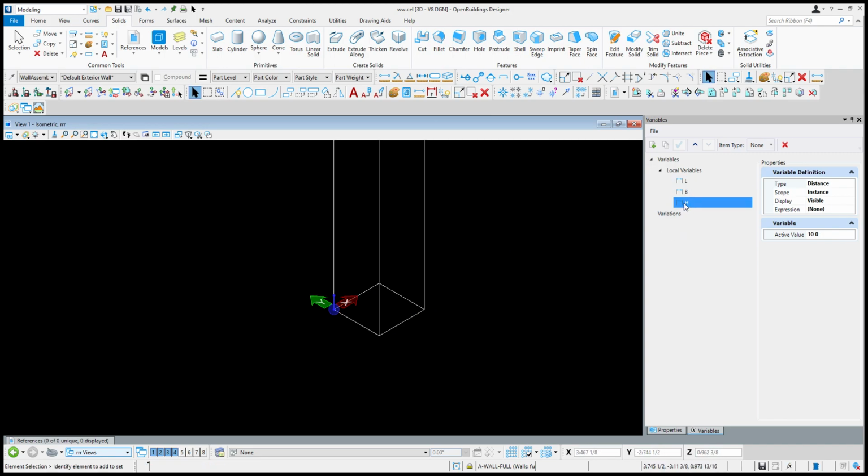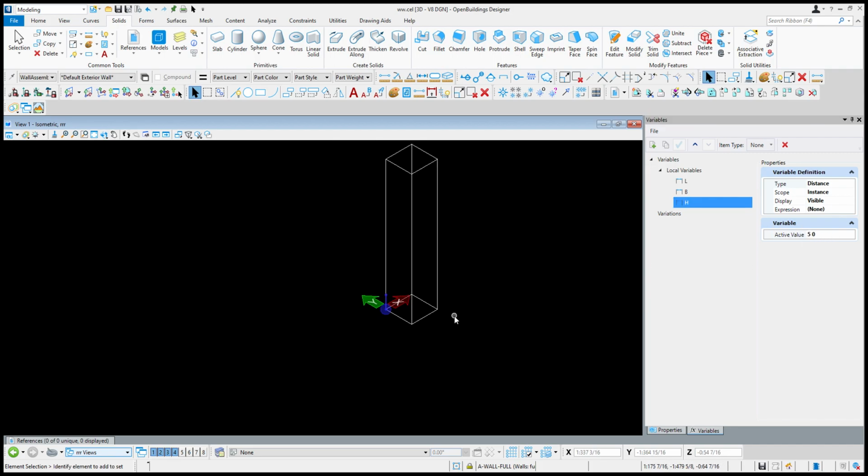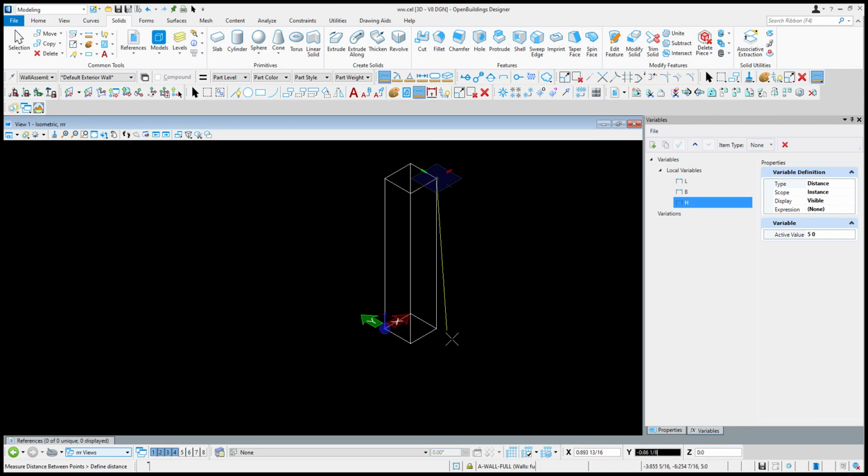So now I put it 5. So here you can see it is working properly, I think. Just check the distance. So it is 5, and I need to put 3. So it is 3. So you can change it as per your convenience, as per your requirement. So that is one thing. We have assigned all three parameters.